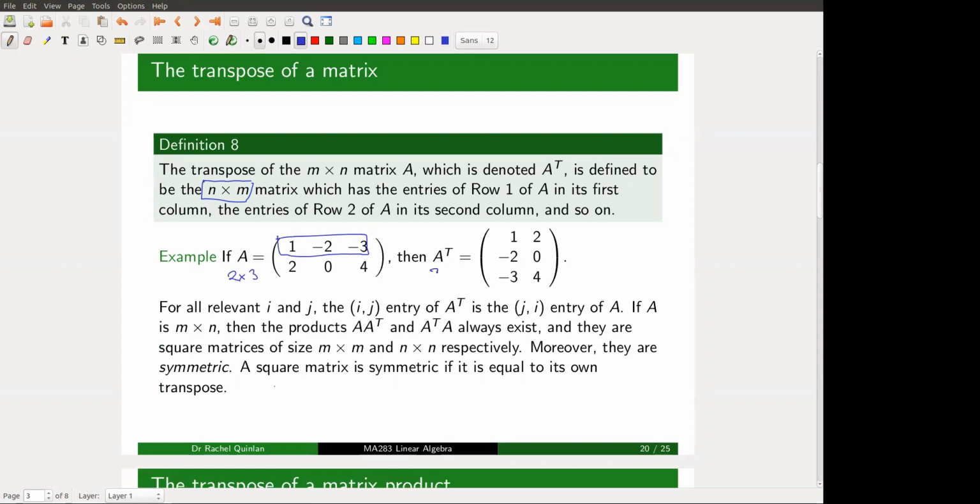Its transpose will be 3 by 2. It'll have 3 rows and 2 columns. The entries in the first column of A transpose are the 1, minus 2, minus 3 of the first row of A. And the entries in the second column of A transpose are the 2, 0, and 4 of the second row of A. So there are lots of interesting things in matrix algebra that involve the transpose